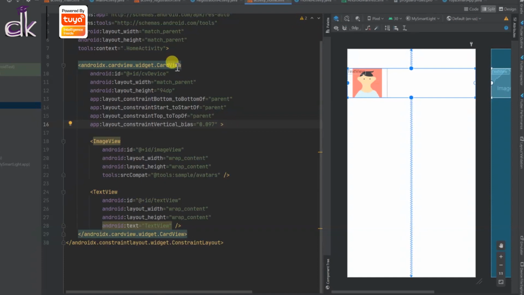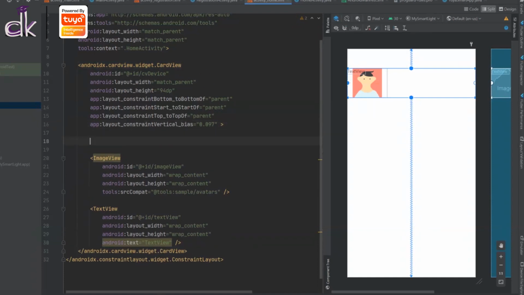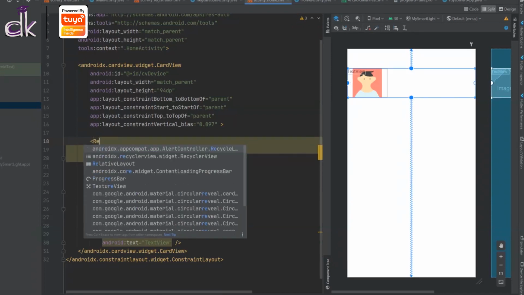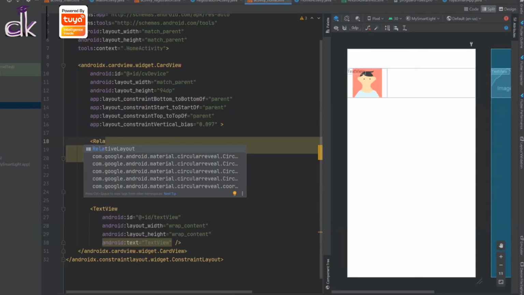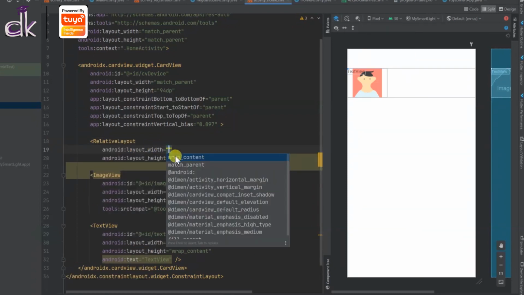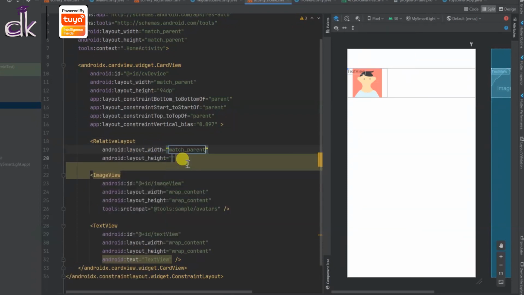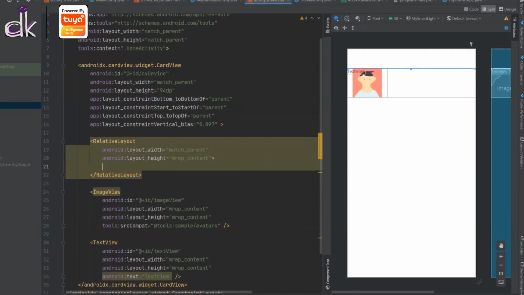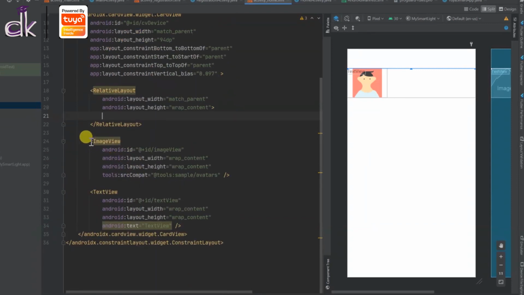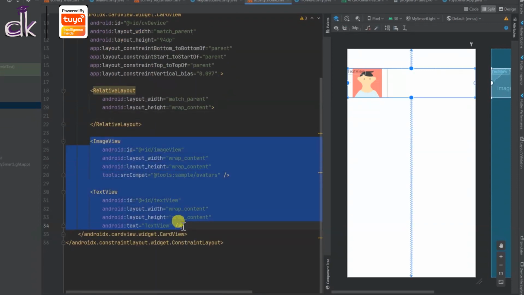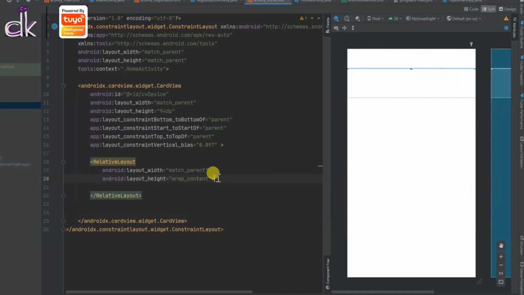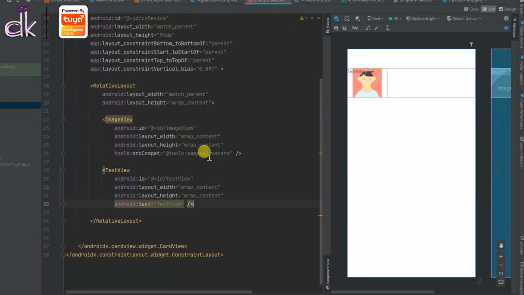So first thing is inside card view, type in relative layout, right? And choose match parent and wrap content. All right, and inside this relative layout we want to add the image view and the text view. Okay, so cut this and then add it inside this relative view.